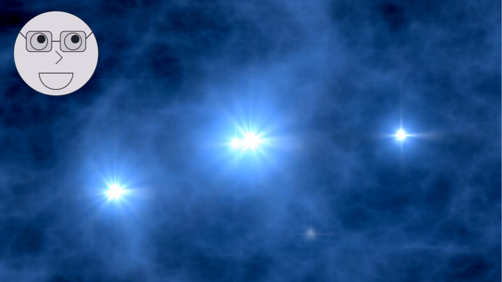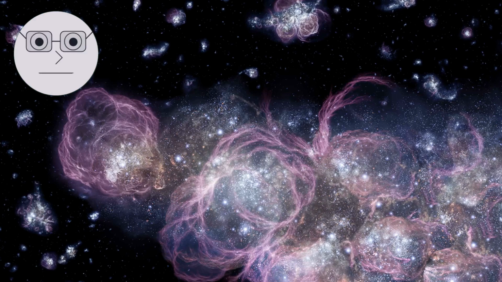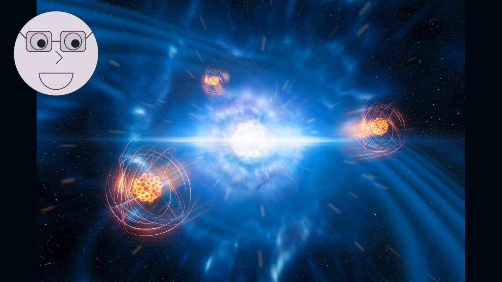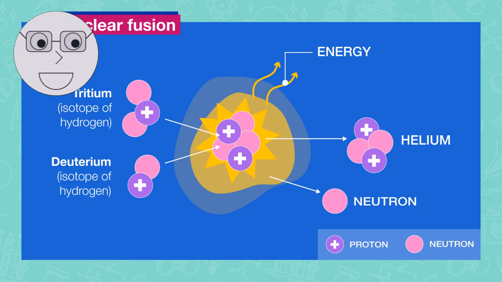Animation of the formation of the universe, showing the early stages of star formation. The universe began with the Big Bang, which created hydrogen and helium. But it wasn't until the first stars formed that heavier elements were produced. Animation of a star forming, with elements being produced in its core. Inside stars, fusion reactions combine lighter elements to form heavier ones. This process creates elements like carbon, nitrogen, and oxygen.